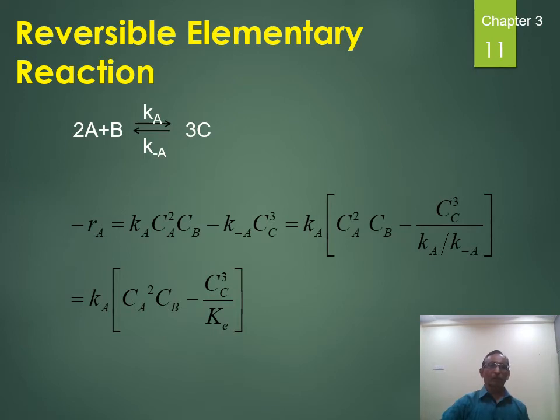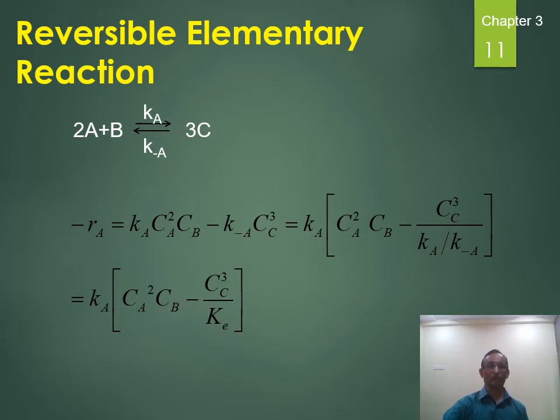Then the third point you are going to study is how to write down the reversible elementary reaction. This is also a very easy one, but you have to take care which concentration you are going to consider. Reversible elementary reaction. The way we have just studied, all were elementary irreversible reactions. The word elementary is very important. If it is non-elementary, then the mechanism changes how to write down the order of the reaction. That's why it is clearly mentioned, reversible elementary reaction.